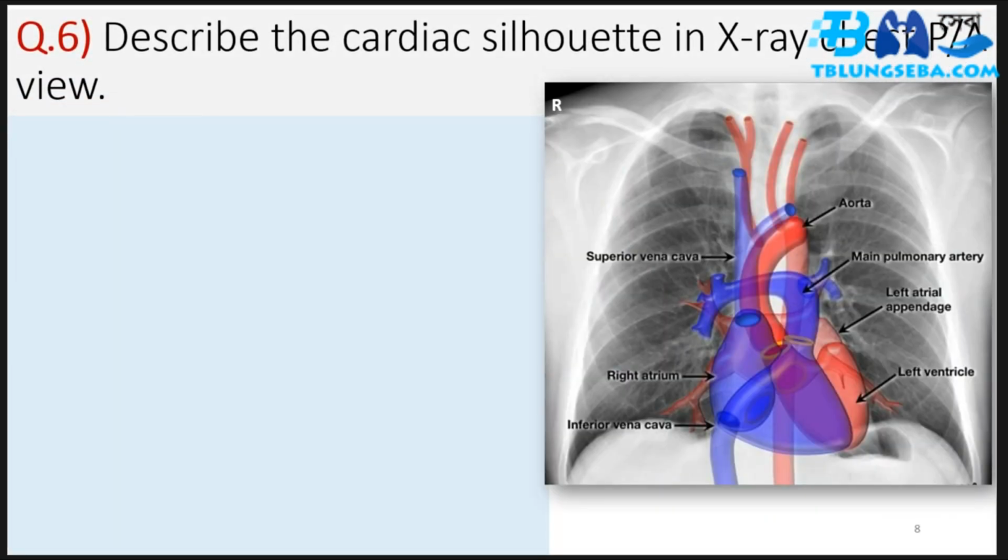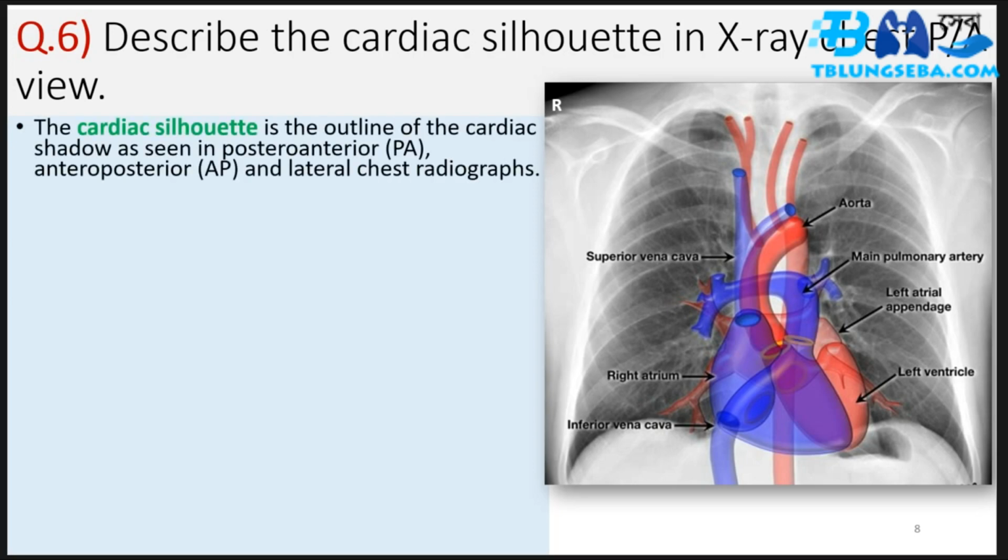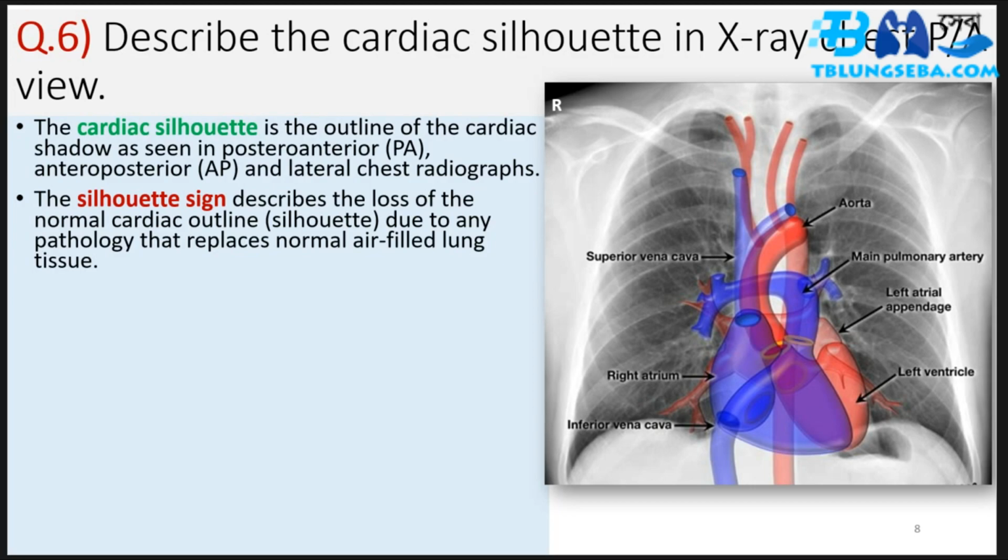Q.6. Describe the cardiac silhouette in X-ray chest PA view. The cardiac silhouette is the outline of the cardiac shadow as seen in postero-anterior (PA), antero-posterior (AP), and lateral chest radiographs. The silhouette sign describes the loss of the normal cardiac outline, silhouette, due to any pathology that replaces normal